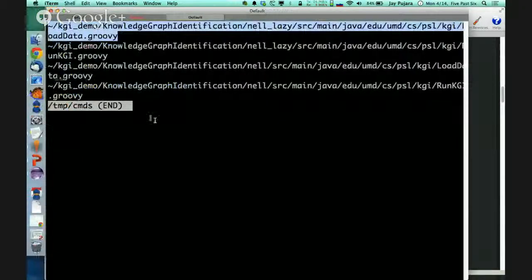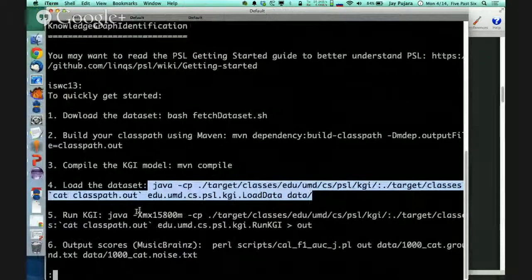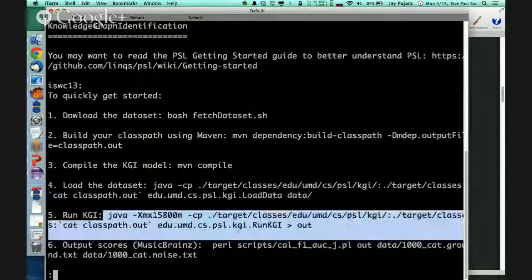Okay, so now that we've looked at the model, our data loading has finished. It took about 5 minutes, so it's good that we spent some time talking about the model. We can run this model. Actually,